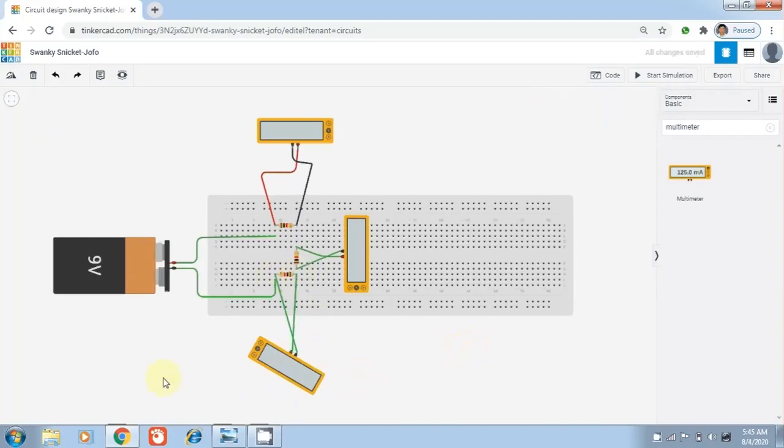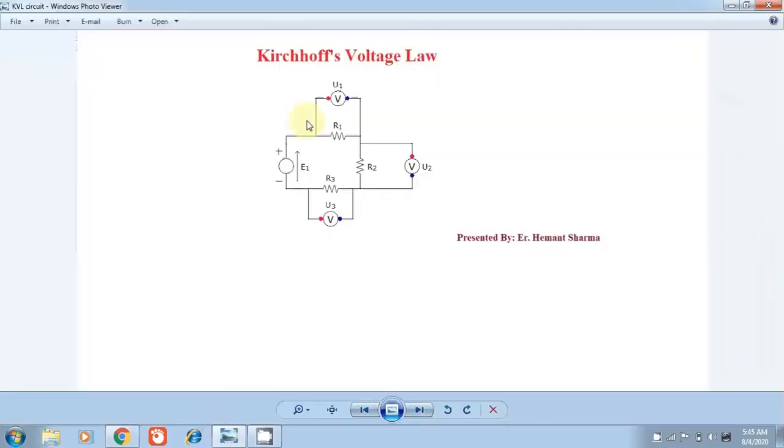Now our circuit is designed in this manner.